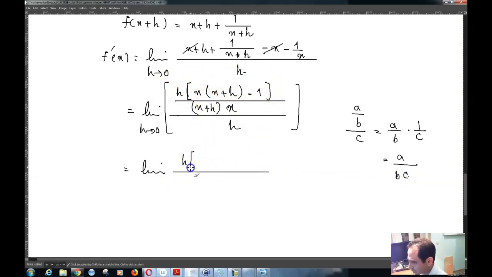So h times, for example, x times x plus h minus 1, you write this in the numerator, and these two you write in the denominator. h times x plus h, and then you can cancel these two out as h tends to 0, and